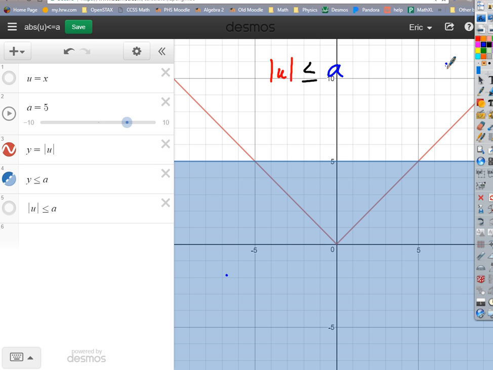We want to find the intersection of the red V and the blue half plane, right? You can almost think of it like this is the water line, and if an ant were walking down this V and up the other side, where is he going to be? At the water's surface or underwater? Negative 5 and 5. Yeah, and once again, don't think of it as a 5, think of it as an A. So if the coordinates here of this point, negative A, if those coordinates are, you told me before, those are,